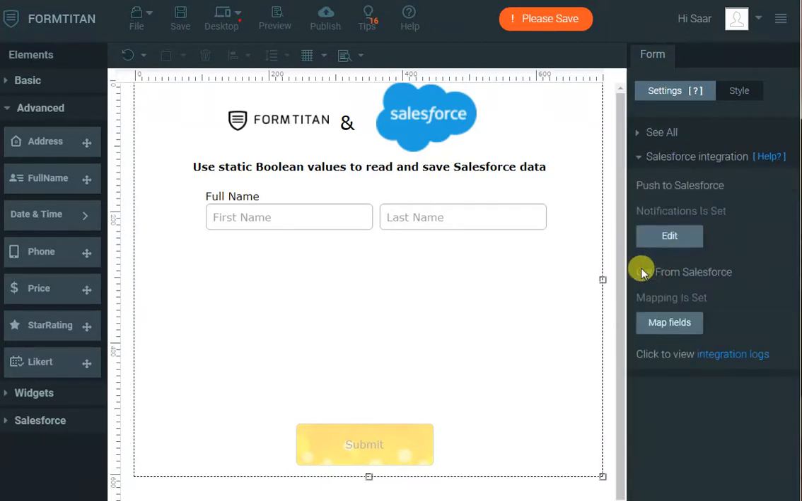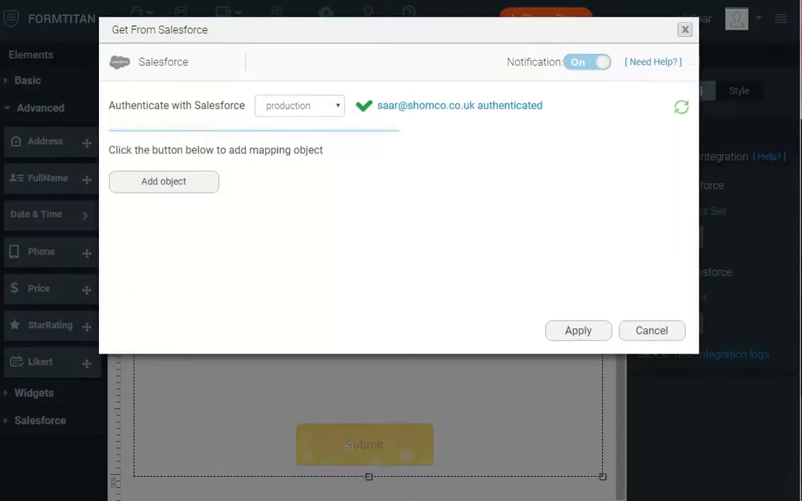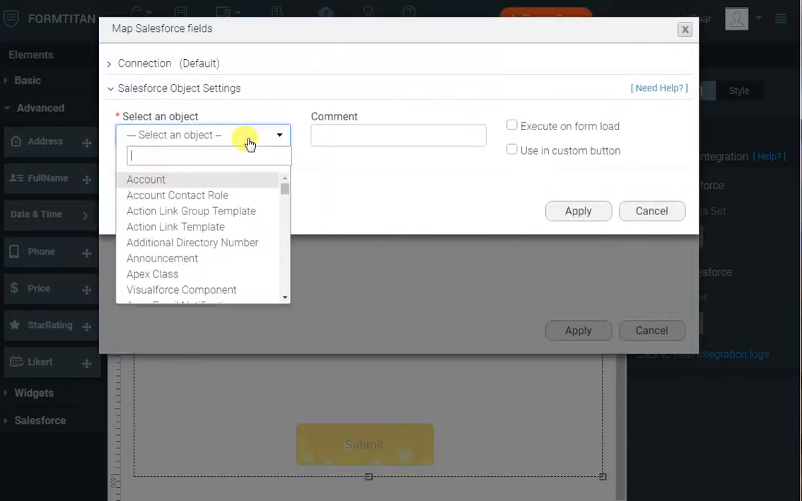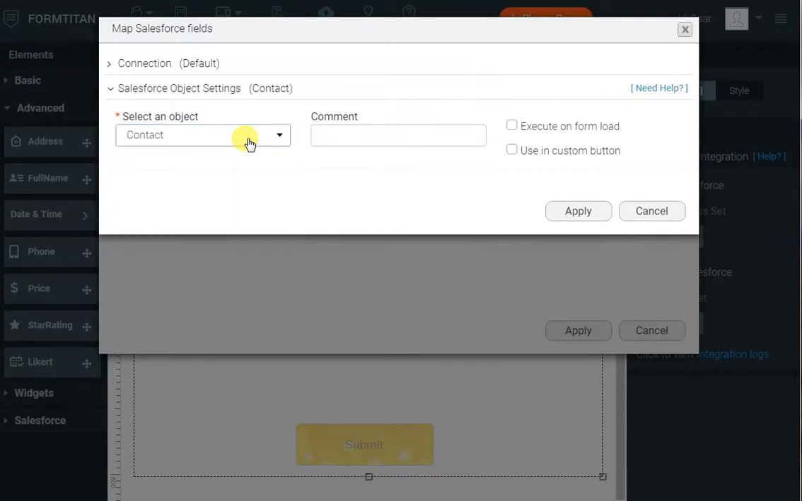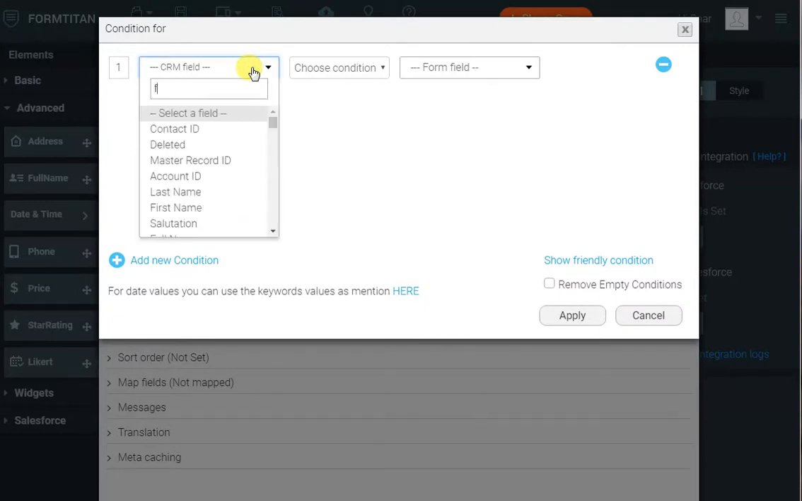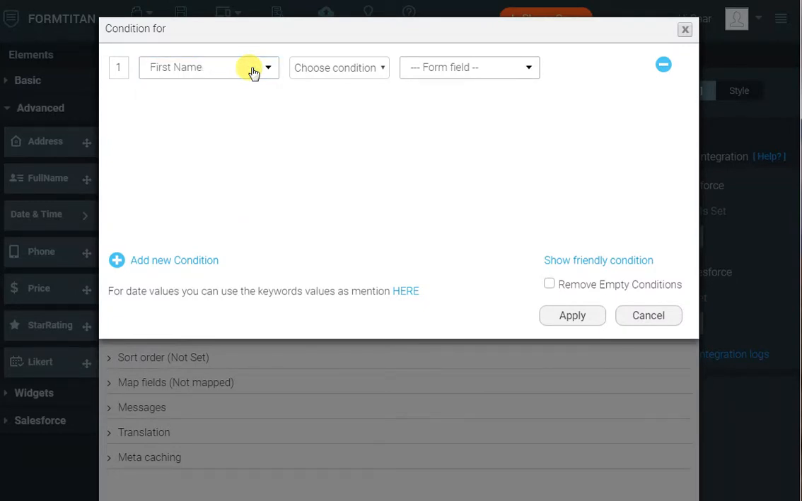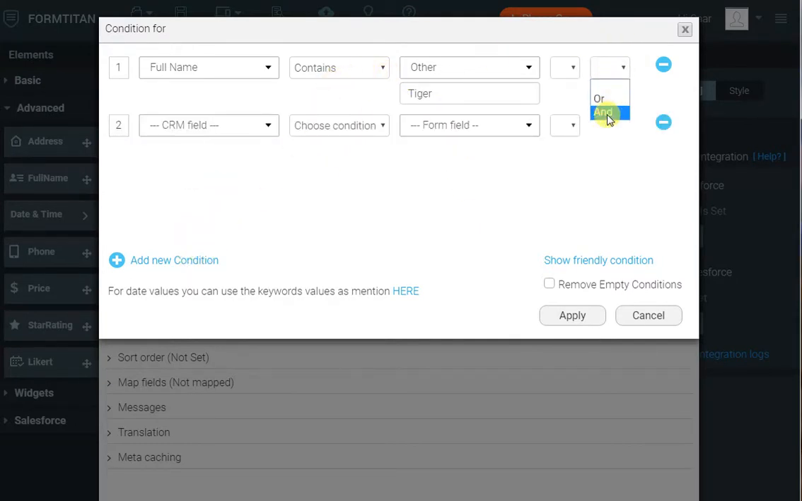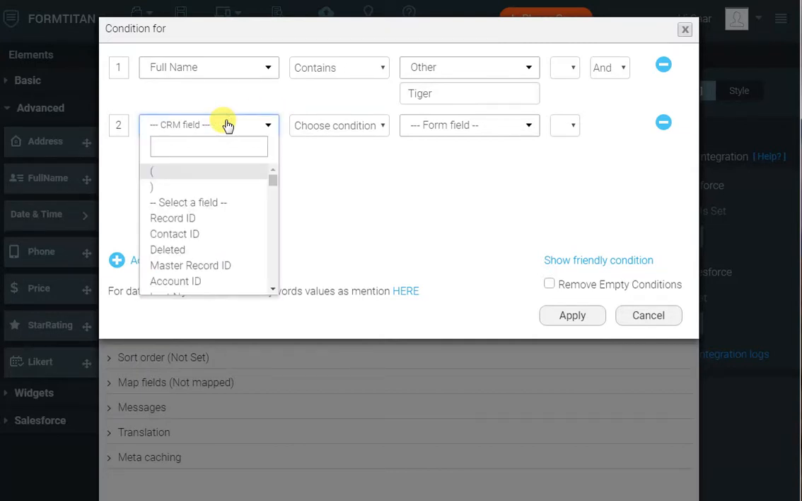We'll go to Salesforce integration, get from Salesforce, map fields, and we'll add an object. And here I'll bring the contact object. I'll run it when the form first loads, and the condition will be that the full name contains, and then I'll say other, I'll say tiger, and we'll say, and the checkbox